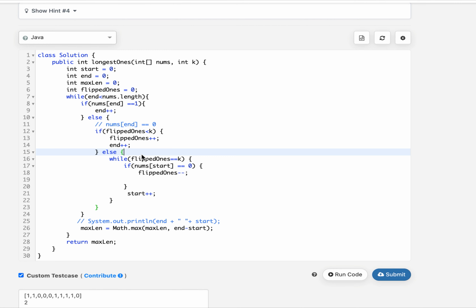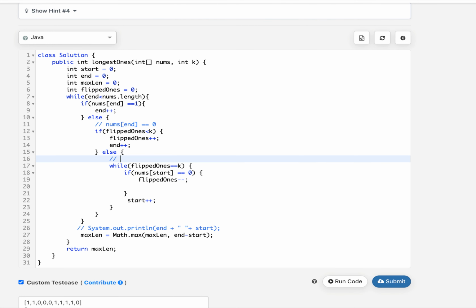Otherwise, we have exhausted all the allowed flips, and we have to reduce some flips. So this means reduce some flips. What we will check, if flipped ones is greater than or equal to k, we will move the start pointer ahead till the time flipped ones is reduced back to less than k, and along with that process we'll keep on updating the start pointer.